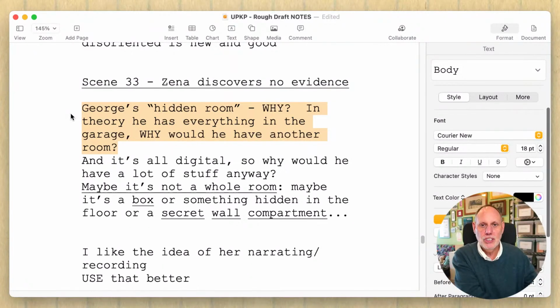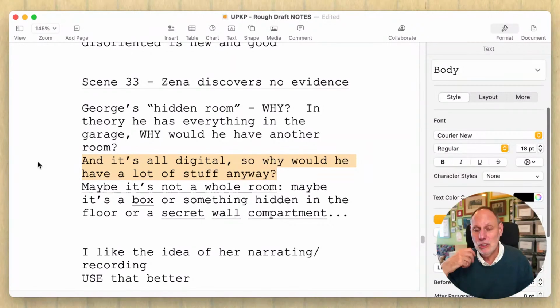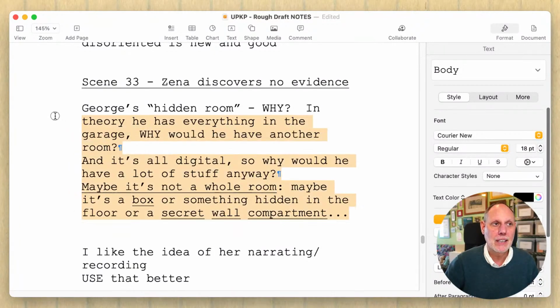It's a screenwriter's convenience. I wrote that thinking I need there to be a hidden thing that everyone is trying to get to, but it can't be a hidden room. Maybe it's a box. The truth is, everything that he's doing is digital. I'm not sure that there's physical stuff at all. It might be a flash drive, in which case it could be hidden anywhere in the house. All we need is for it to be hidden in the house and for people to need to know where it is and to need to get it. So I'm going to have to rethink this hidden room to something more practical.